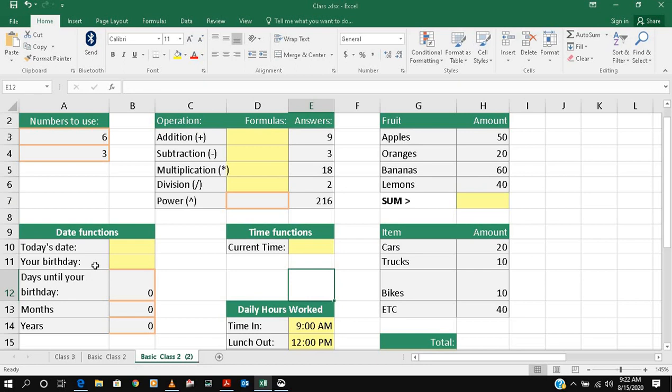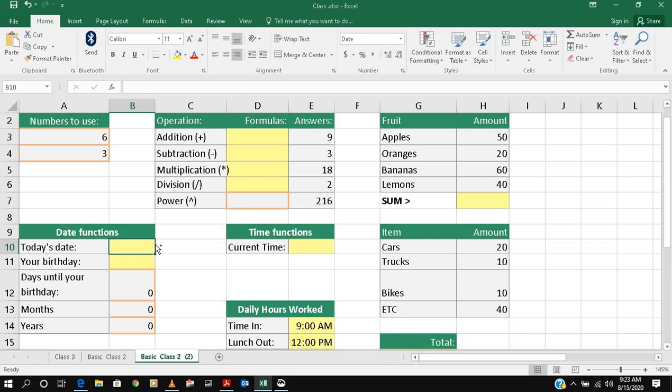Now, we call these functions. These are functions which are inbuilt in Excel, and we have the date function. What is the date function? Basically you want to know about today. Suppose you are 30 years old, and you want to know your exact days, how many days since you were born, how many months, how many years. Surely everybody knows the years, but maybe we don't know the months and days. So we can easily put it here.